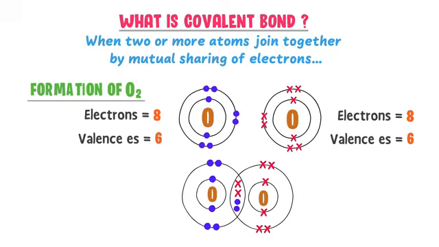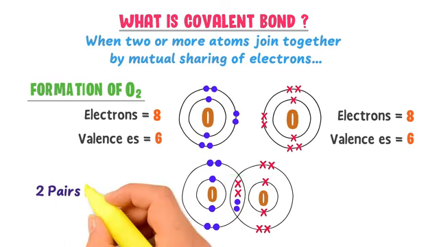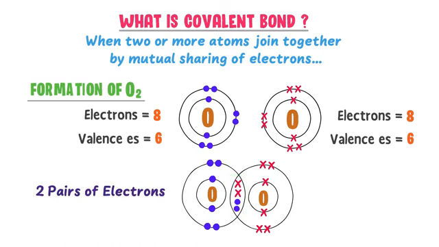It means that one pair of dotted electrons comes from this oxygen atom and one pair of crossed electrons comes from this oxygen atom. So we say that 2 pairs of electrons are shared between these 2 oxygen atoms